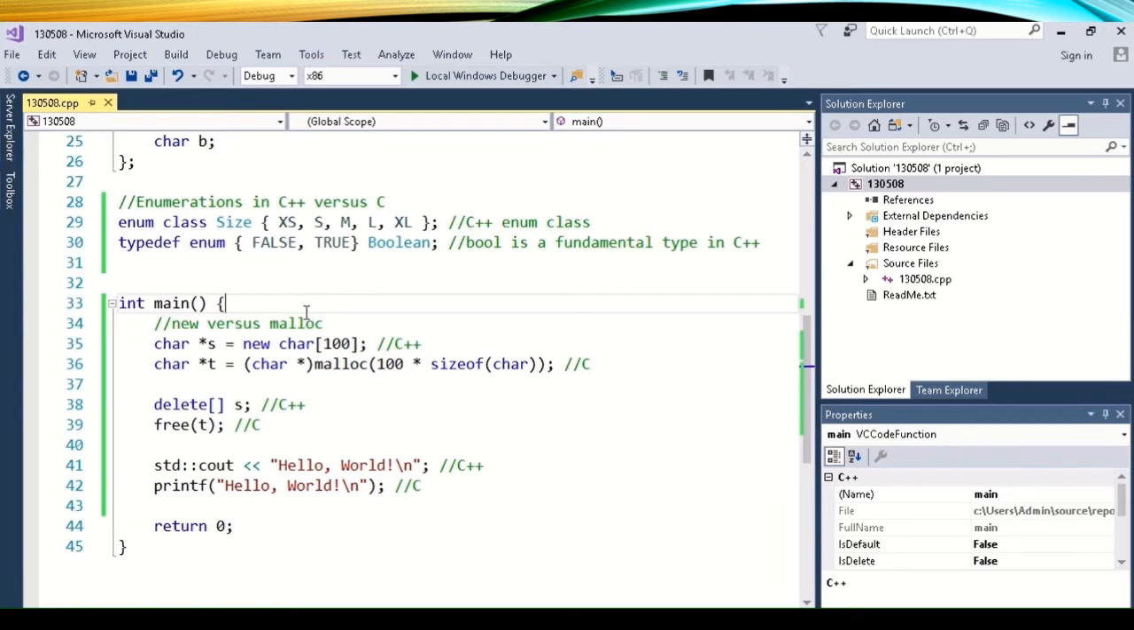In C++, we have the new operator, so we take this char star s and we make it equal to a new char, and we specify the size. In this case, we use this array syntax, so we have the bracket 100 close bracket, and that allocates space for 100 characters that can be addressed by this char star s. And then we have a pointer to t, this char star t,